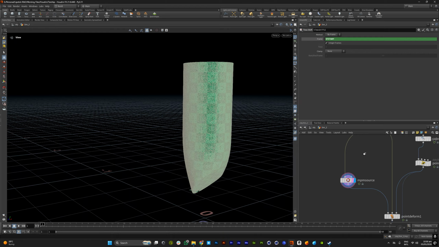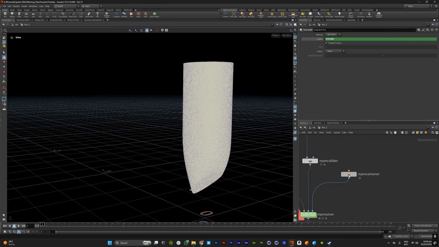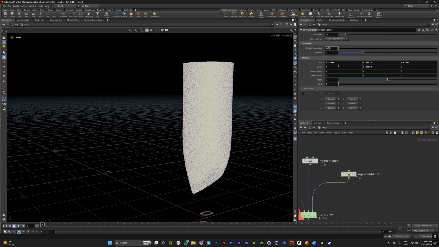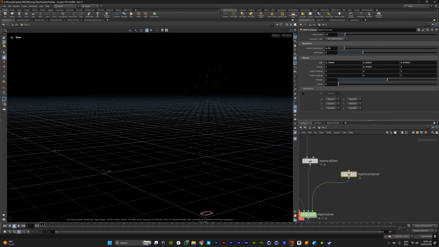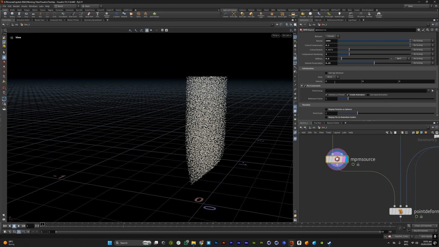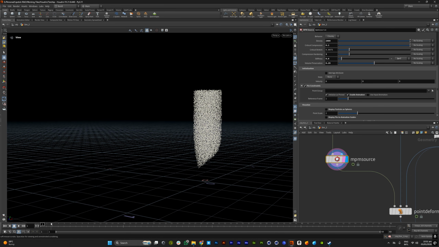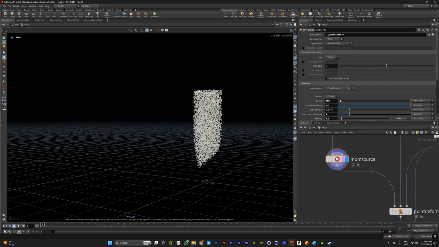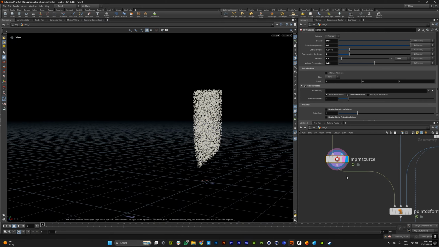this is going to take some time. Actually, you know what? Let me just increase my particle separation. These simulations tend to get really, really heavy. All right. Now, what you're actually going to do is import your frozen geometry for the NPM source. And as you can see, I have nothing being animated right now. Now, I'm going to go over these settings in a while, but